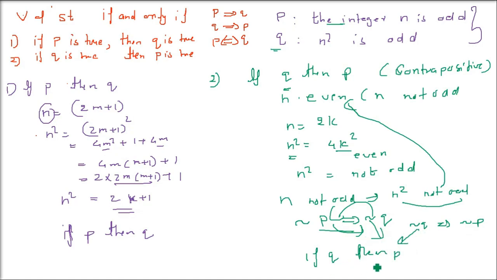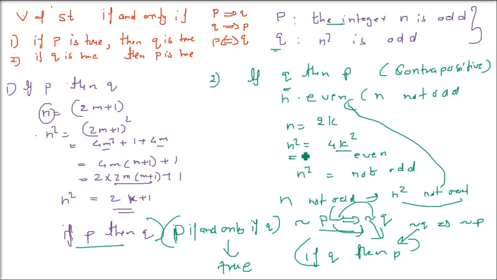If P then Q, if Q then P, both we have proved. And when both of them are true, that is if and only if: P if and only if Q is true. This is the validity of a statement, for if and only if. Now, there is also validity of a statement by contradiction, and invalidity of a statement by counterexample. There's not much discussion of these, but we'll see them when we look at the actual programs.